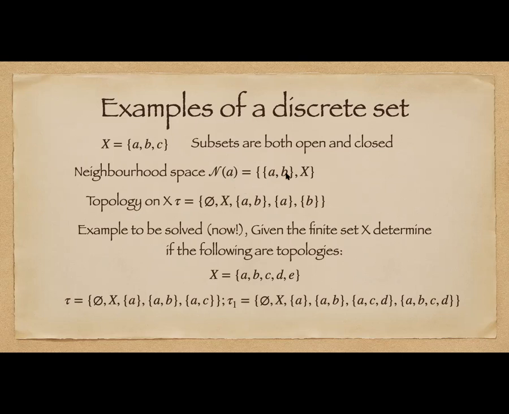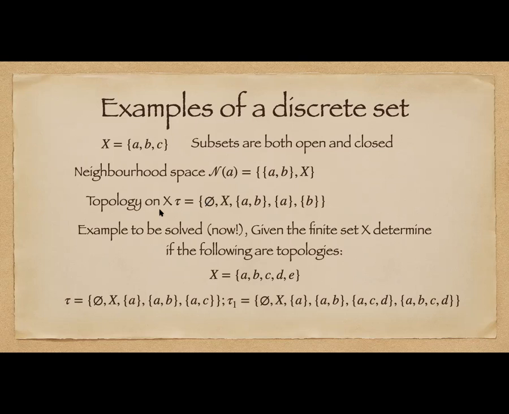Okay, so if you look at this set N, label this as capital N, one of the notations which we used, then it has B and A. Obviously, the second element is the element A. So this is in the neighborhood space of A. In the ABC, if we count, let's say from C, then the third element is A, right? So these two are in the neighborhood space of A.